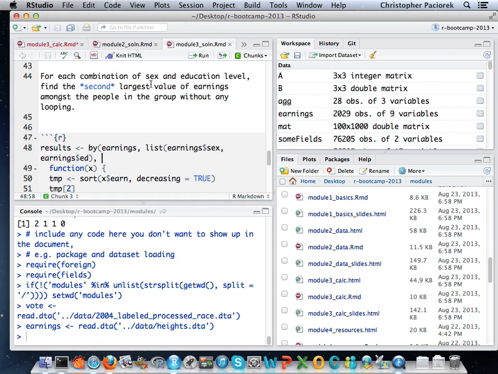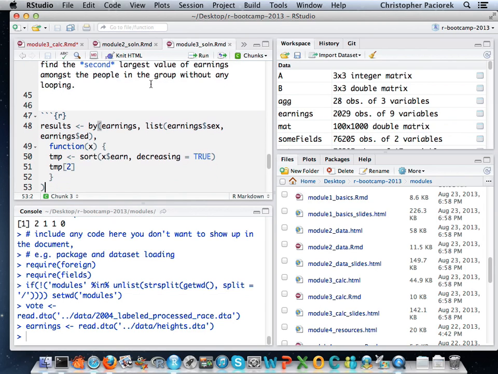So we can take our earnings data set. There are a few different ways you can use the syntax in the by function. Here, if I give it a list that has the variables that I want to split it by, that will also do the splitting. And then what am I doing to get the second largest?